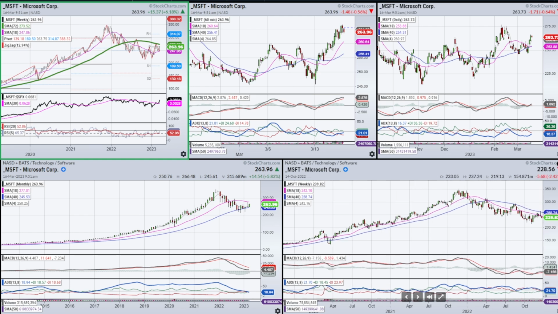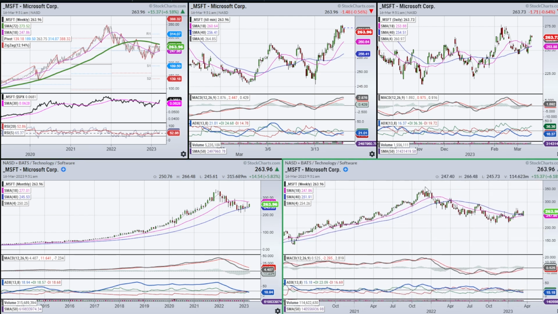The second is if we start to look at this in terms of a 1, 2, 3, we had the break of the trend line. Now we've come back and tested the 18 and the 40. Trying to get this MACD through the zero line, but we don't have any proof yet in the momentum characteristics. So we really need to see this come up through this 275 area, this prior peak. Why is that? Because if we do that, then we get back above the 18-month. If we can get back above the 18-month, then we probably have room up towards this, say, 300 to 310,